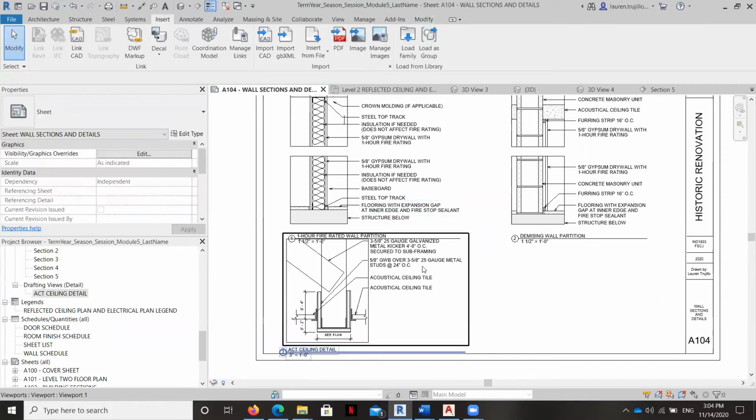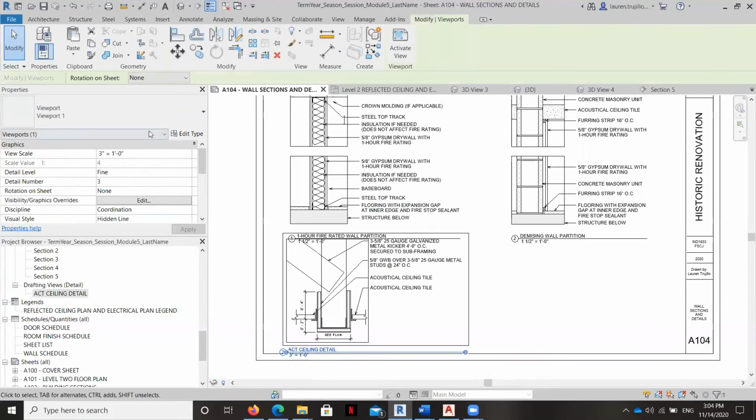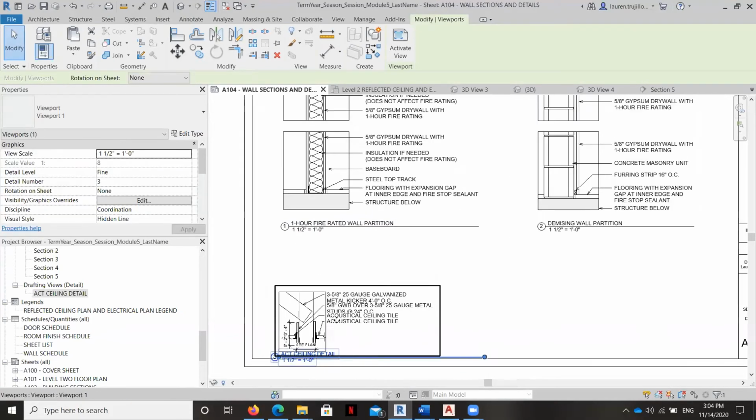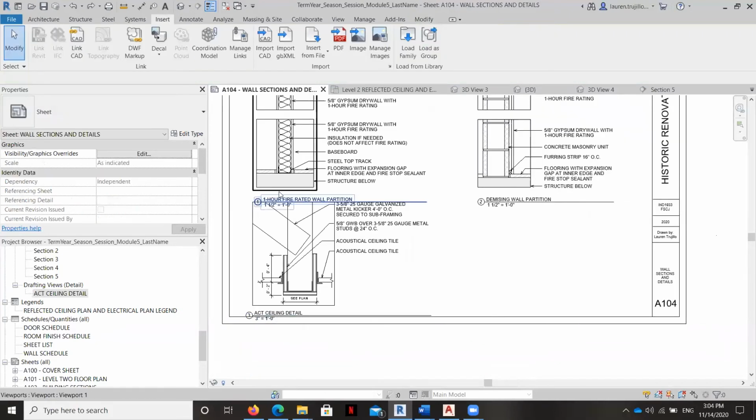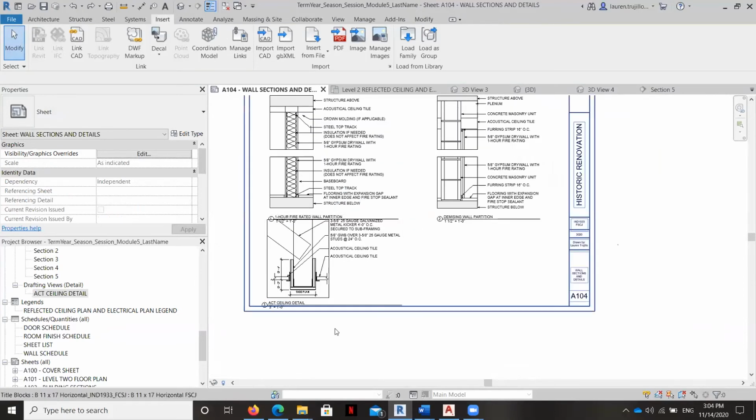Worst case scenario, if we didn't want to mess with it too much, we could also just bring this detail down just a little bit. It's never good to have stuff really crammed on your sheets, realizing, of course, that it's going to have to be jumbled up and you're going to have to rework the notes. What I'm going to do is shift some things around. I'm going to bring the title bar closer. I might adjust my crop windows just a little bit to work these out and get it all formatted so it's back on the sheet.